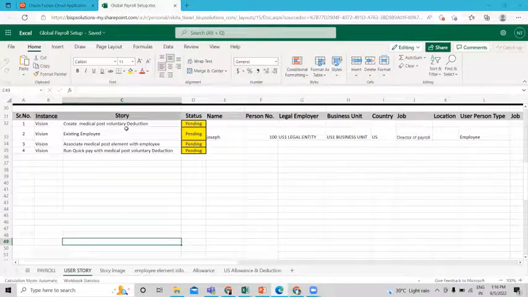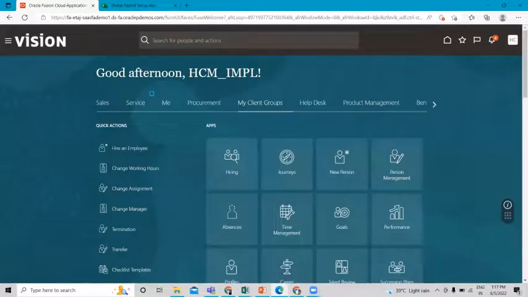So these are the tasks we are going to perform in the session. First, we create a medical post voluntary deduction. Then we find the existing employee Joseph, who is a director of payroll, associate the medical post element with the employee, and then run the quick pay for this post voluntary deduction. So let's move on to the application, and here I'm just scrolling down